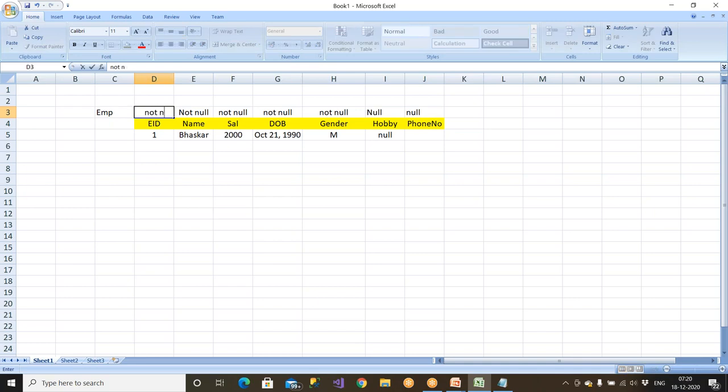So tables will have optional columns as well. These are called optional columns. Clear? Depends upon the requirement. An architect, a designer has to decide whether it is a nullable column or not nullable column. Nullable column means it can accept null. Null means you need not fill the data, but these compulsorily should have values. Otherwise, the data insertion will fail, data writing will fail. Clear? You can just leave them like this if you want to leave them. What is an optional column? What is a mandatory column? You have to know that while designing the databases.